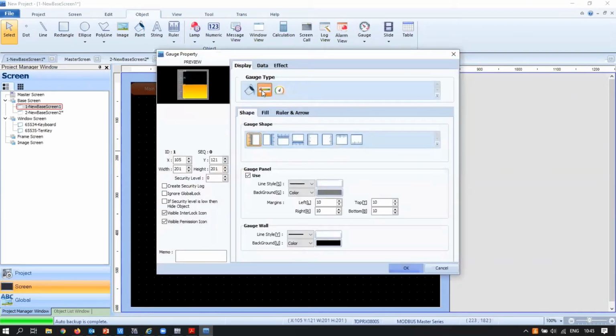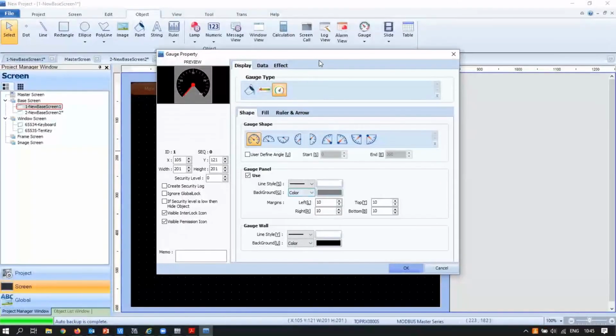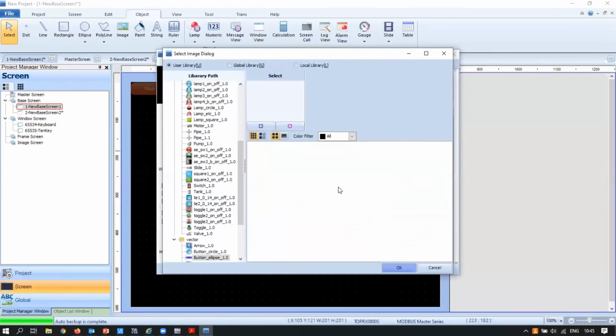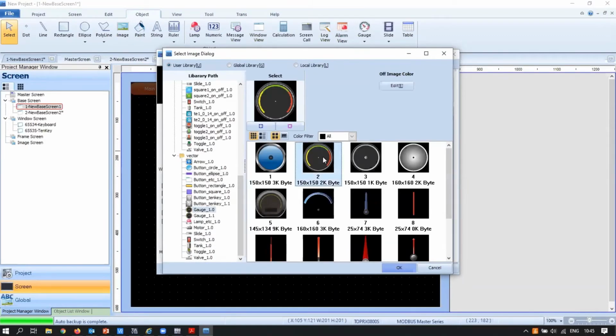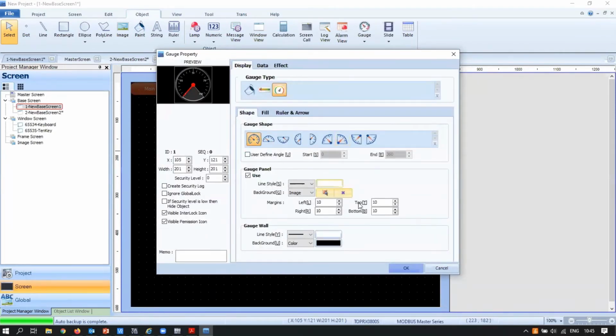So it could either be a linear type gauge or it could be a circular type gauge. Now, as you can see, this gauge is quite plain. I want it to look a bit nicer. I could go ahead to the background, select image, and then click on this image browsing button over here to add a new gauge type image. And then I can select whatever background for that gauge I want to use. Let's say I want to use the one with the different colors for the different levels. And it would add that background to my